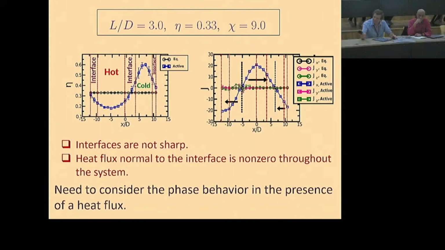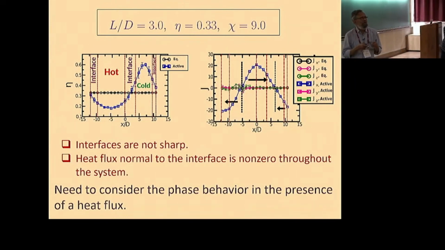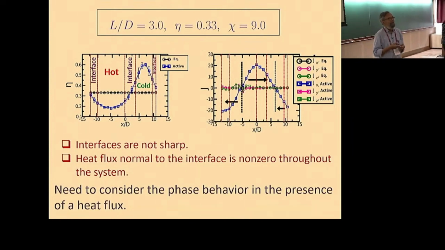Yeah, interesting question. In each sub-box, you count the number of cold particles and hot particles. The size of that is not very crucial, in the sense that you have to choose this size in such a way that there are of the order of 15, 20 particles in each of these sub-boxes. It cannot be too small or too large, but over that range, it doesn't really matter that much exactly what the size of the